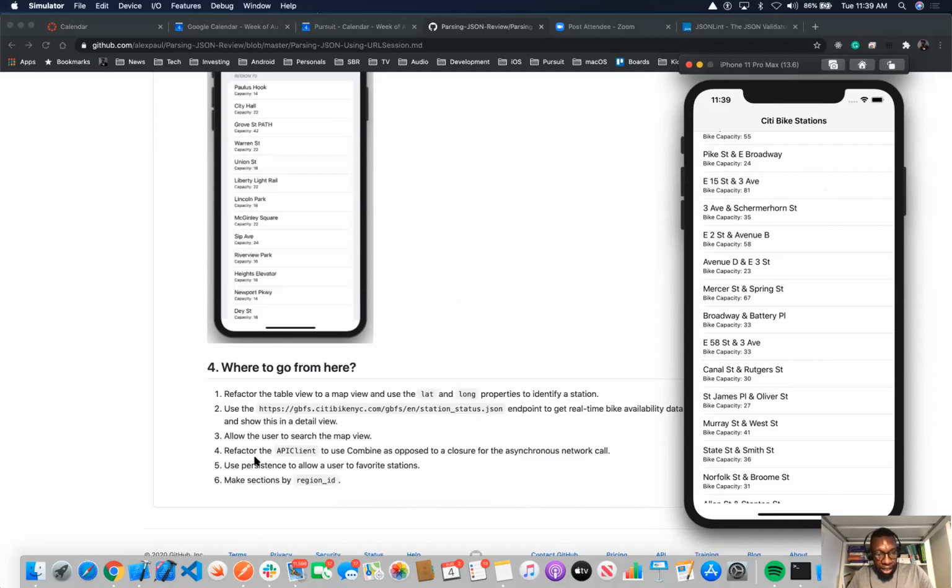Allow the user to search. Refactor the API client here to use combine. There's a lot of tutorials being written on combine. We will talk about combine after the break, but feel free to start looking at what combine looks like and refactor your asynchronous closure to use combine. You could use persistence to favorite a station, and you could also create sections by using the region ID. There's only 2 regions, but just for your own practice, you could section out, because sectioning is a thing in itself. You could get a question like, hey, given this data, create sections from it. So that's a good thing to know how to do. So I'd highly recommend doing number